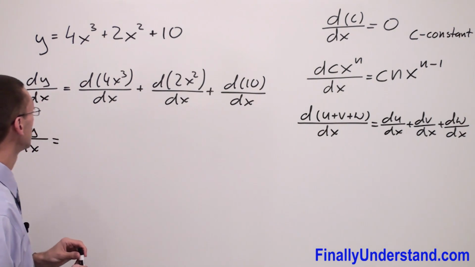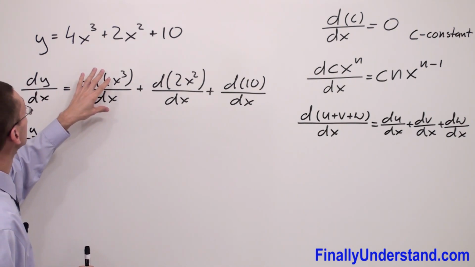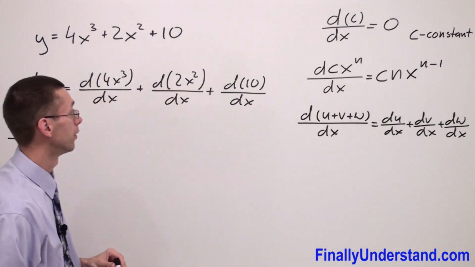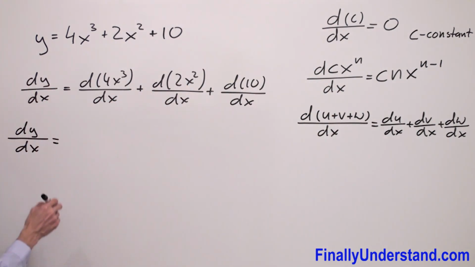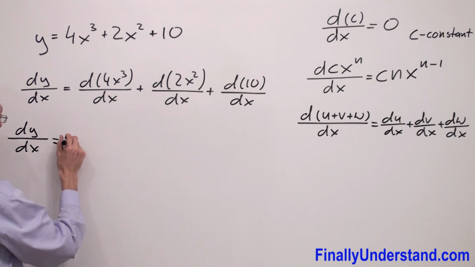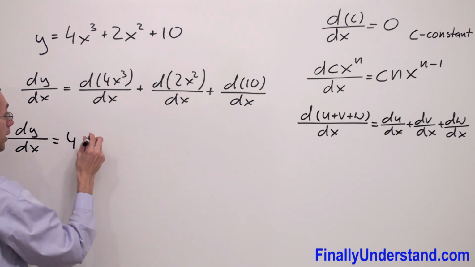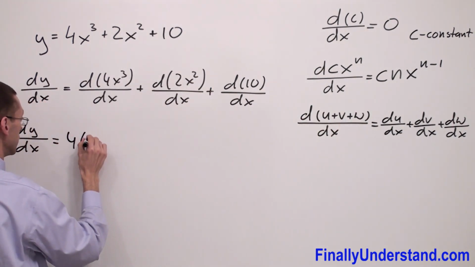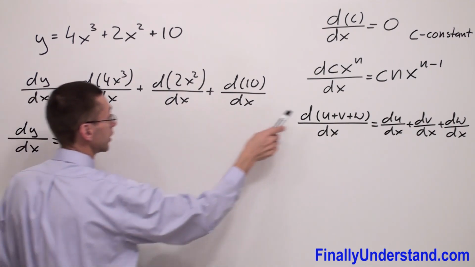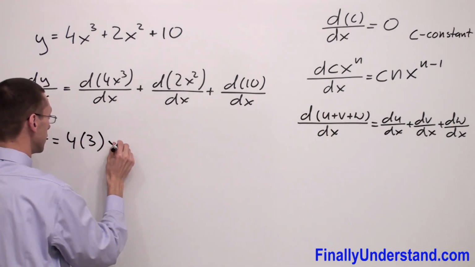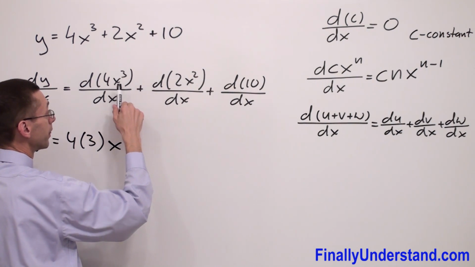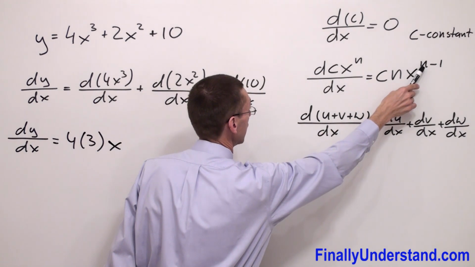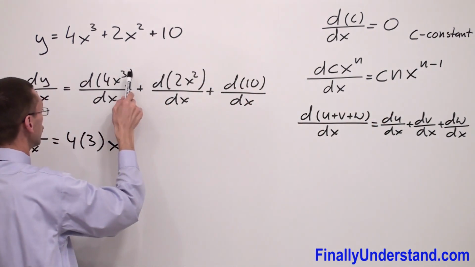So what I'm going to do right now, I'm going to use the formula for the derivative of a constant times the power of x. So I'm going to write 4 times the exponent, okay, constant times the exponent, and I'm supposed to copy down x, and I have x raised to power 3. I'm supposed to write n minus 1, so I have 3 minus 1